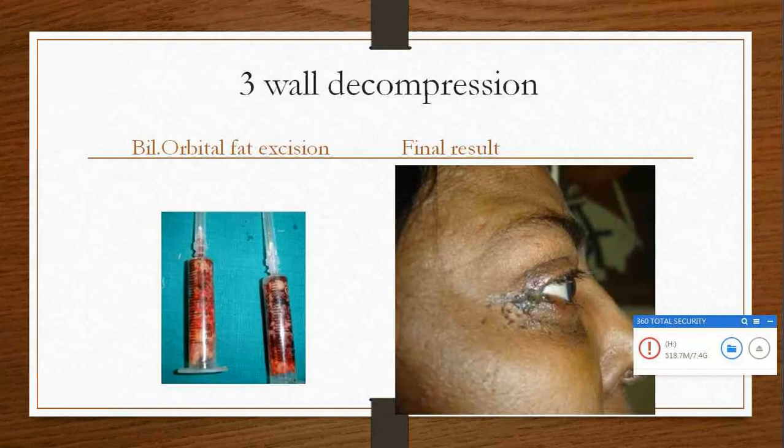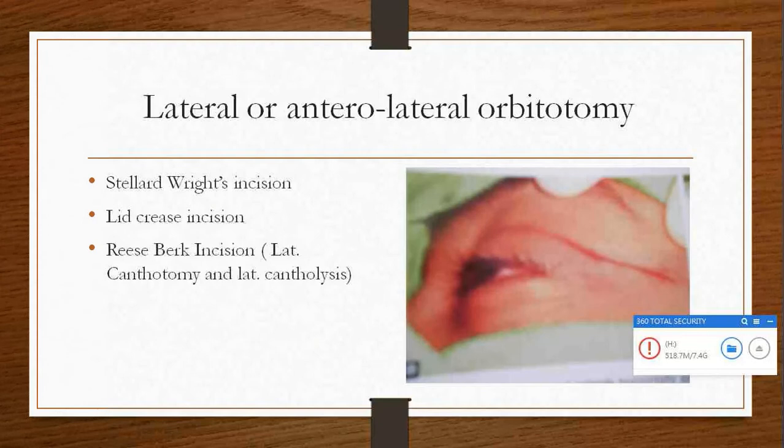So all this major surgery we can do. At the end, you can see the proptosis is reduced, and the 4 millimeter scar we have left here is hidden in the crow feet. Proptosis from 26 millimeters is reduced to 18. So we could achieve 8 millimeters of reduction in proptosis by 2 wall decompression and 8 cc of fat removal from both the eyes. The compression of the optic nerve was relieved. Patient regained the vision 6/6 and color vision was regained up to 17 plates of Ishihara chart.